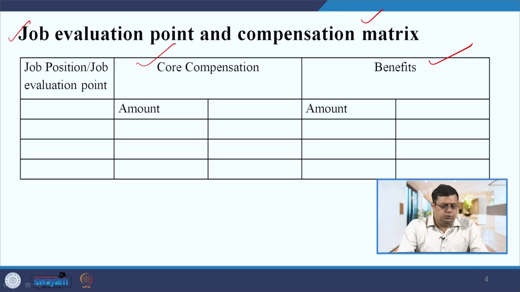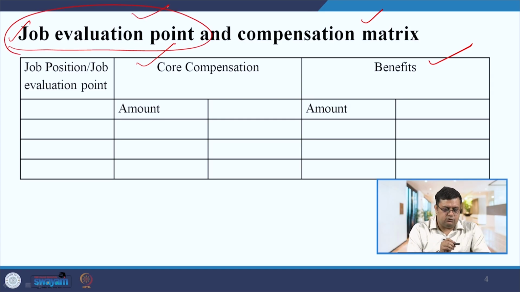So, what can you do through this? This is the job evaluation point. The first thing that you have to do, if you remember, is that there are many methods related to job evaluation. The relative grading method is there, the point method is there. Most organizations use the point method to evaluate the job. When I was introducing this session and the content, I clearly mentioned how to evaluate the job.